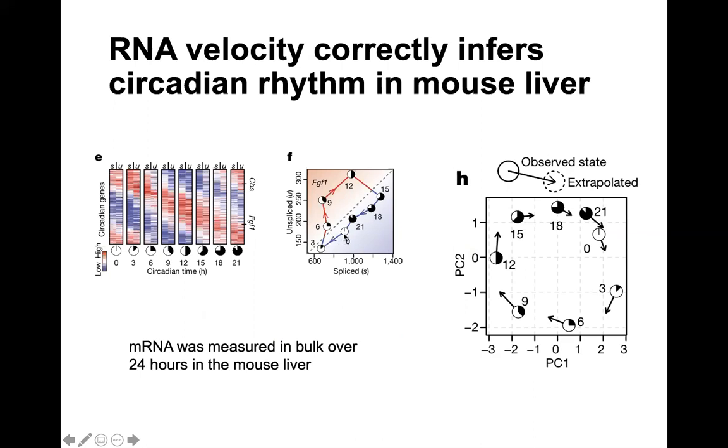But here, this represents each of a bulk time course. You can see every 3 hours they collected measurements and look at the spliced to unspliced ratio for different genes, and can recapitulate circadian rhythms in the liver, which have been previously observed. And if you look at a PCA representation of each of the samples, this cycle is observed within the data sets